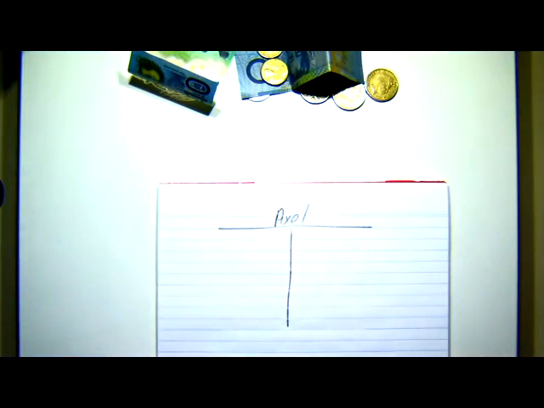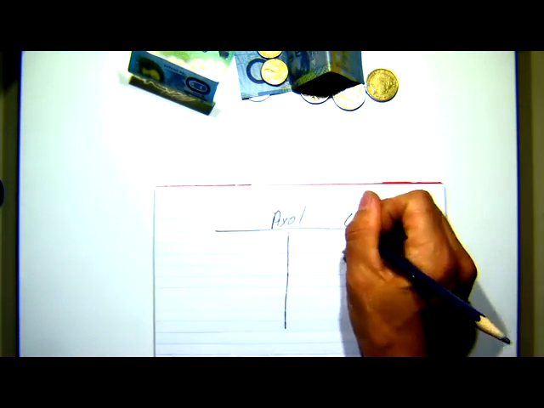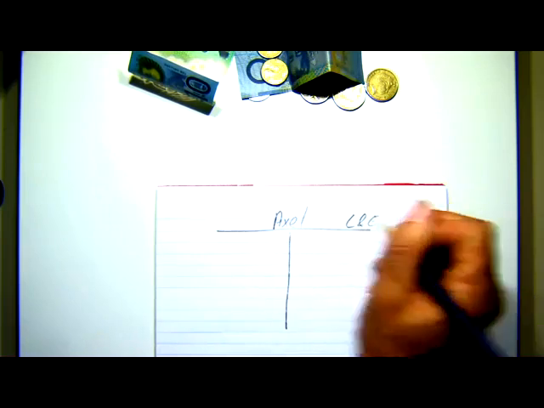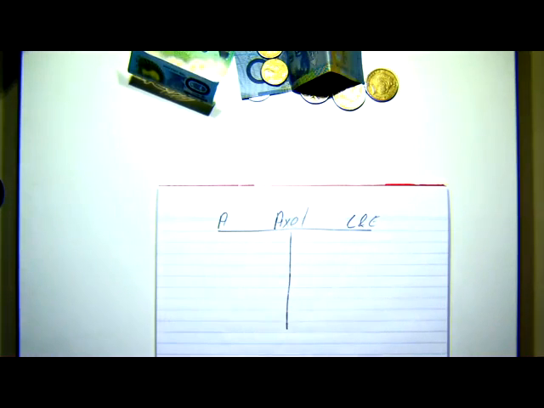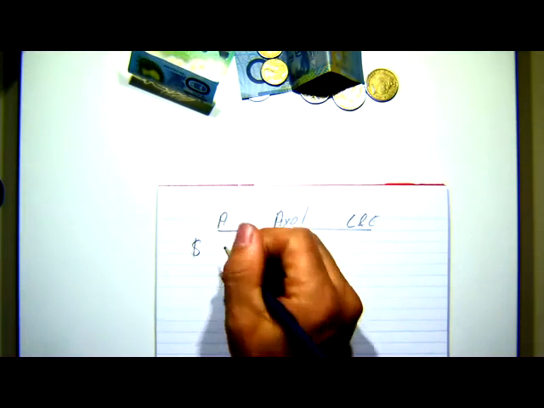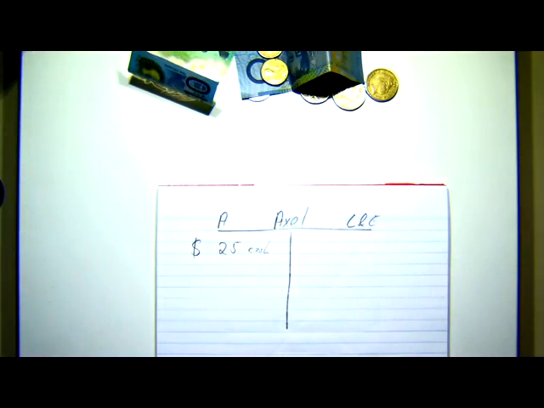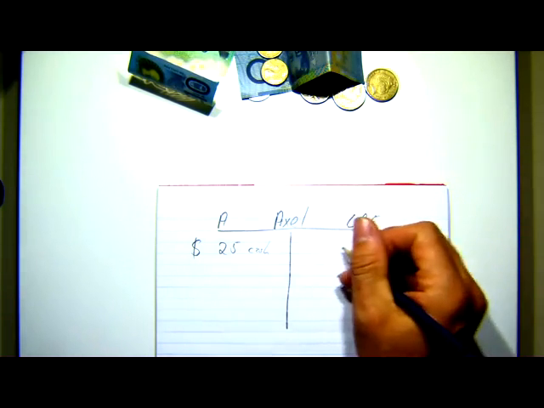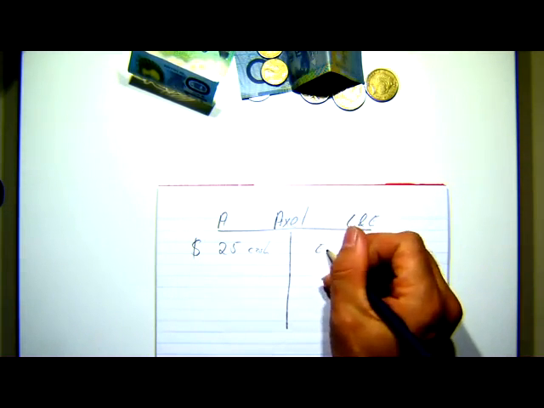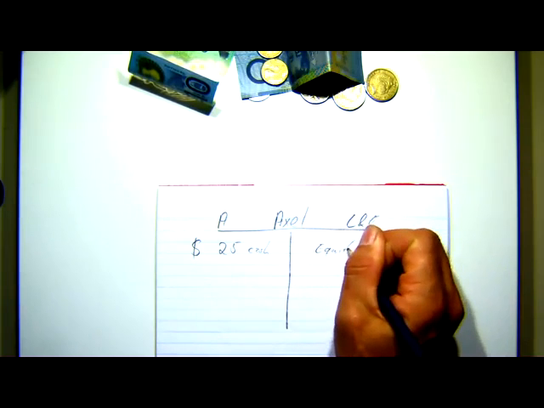So that's my personal balance sheet. You have here liabilities and equity. Here we've got assets. And let's check how much I had. I came into the class with $25 in cash. That's what I had in my wallet. And that was all my money. I didn't borrow that from anybody. I received that as wages in the past. It was mine. And therefore it was on equity here. I can call that one equity,